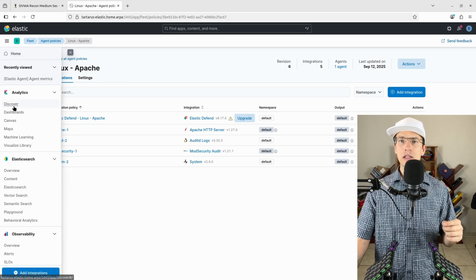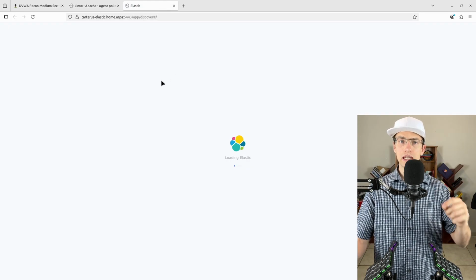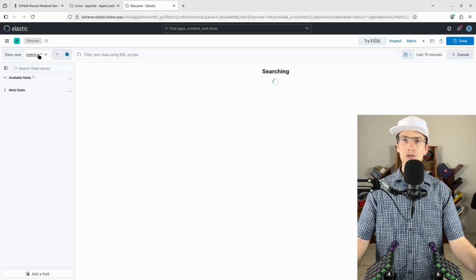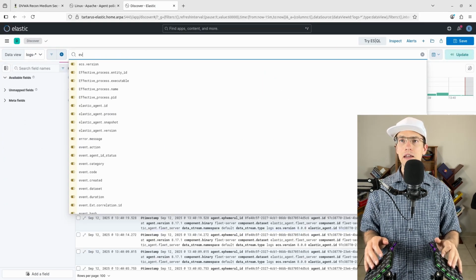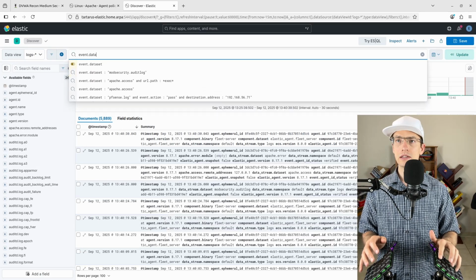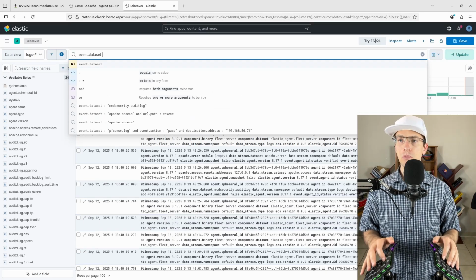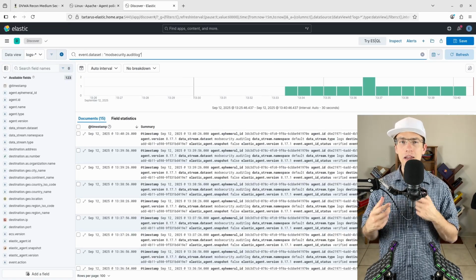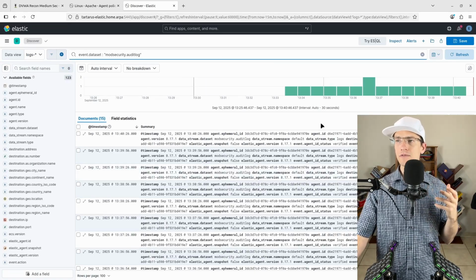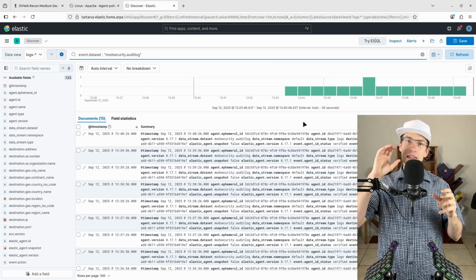Here again, burger menu, Discover, make sure you're setting it to the logs and not just metrics. In the data view, I want to see my logs. I want to see an event.dataset: modsecurity.audit log. There we go. Now this is the default one that you'll get every second, because the way that the Elastic